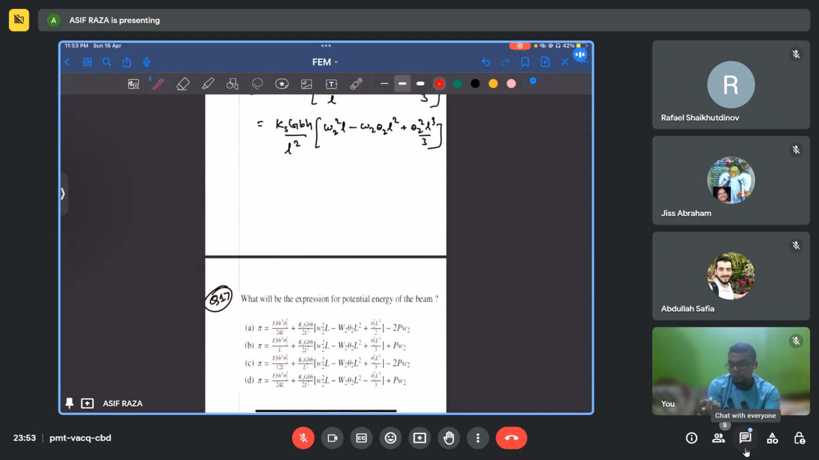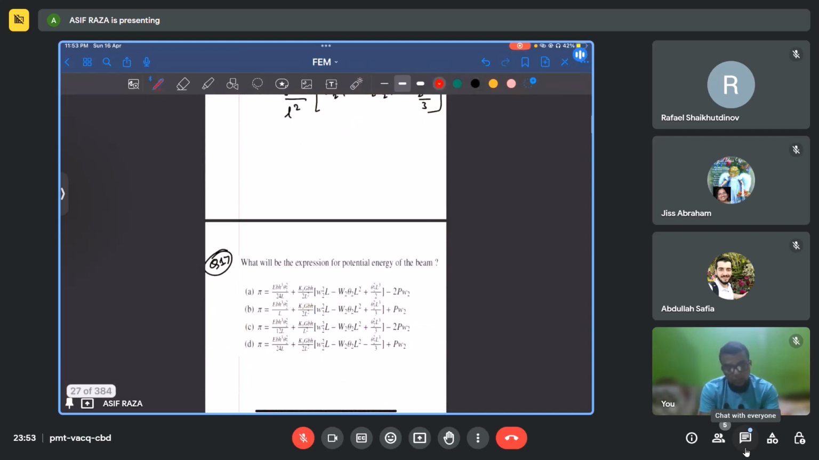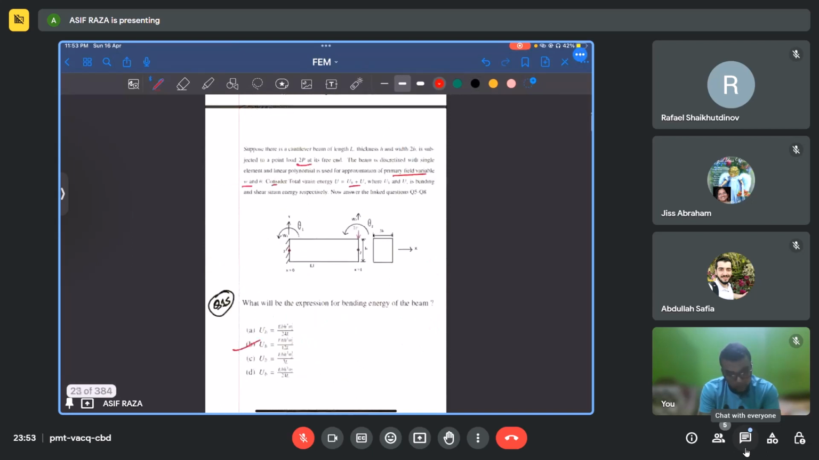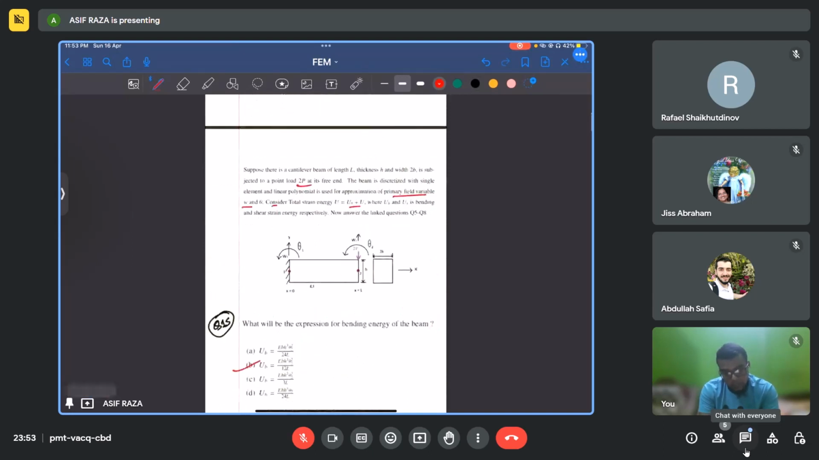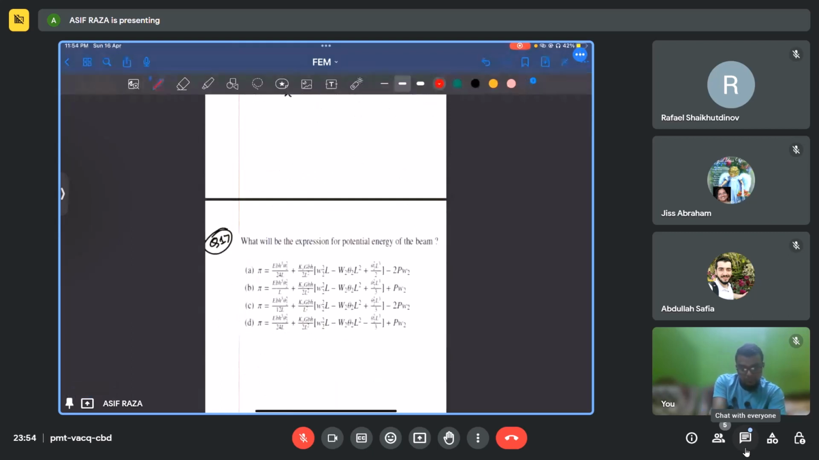So what will be the expression for the potential energy of the beam? The force applied is 2P here, and it's opposite to the load W2. So 2P W2, but